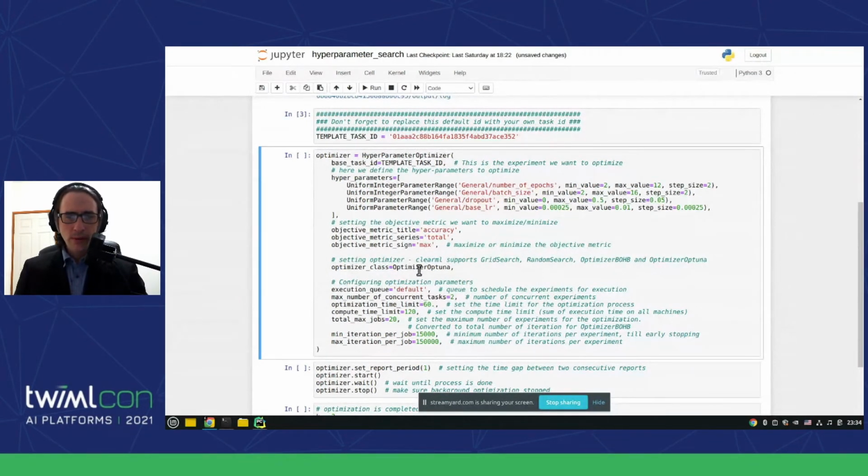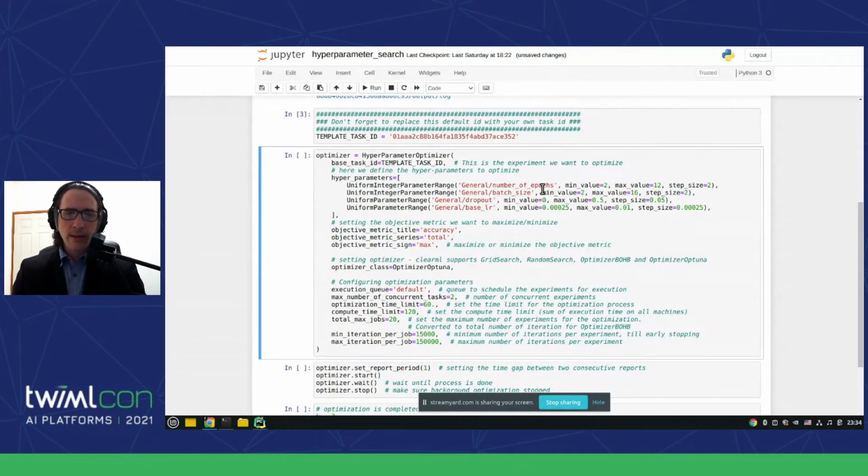If you want to switch out hyperparameter optimizations, it's just a one-line change, which I think is amazing. But now the whole point here is, again, it is a DSL. It is something that you need to understand, but it's just text, right? It's just a general number of epochs will change the parameter number of epochs.